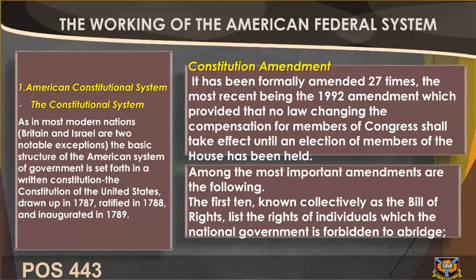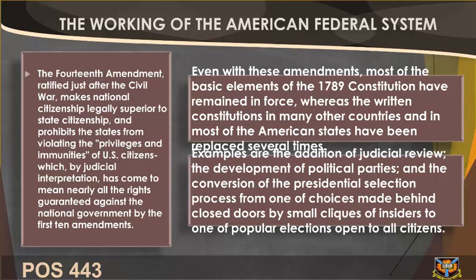The 14th Amendment, ratified just after the Civil War, makes national citizenship legally superior to state citizenship and prohibits the states from violating the privileges and immunities of U.S. citizens, which by judicial interpretation has come to mean nearly all the rights guaranteed against the national government by the first 10 amendments. Even with these amendments, most of the basic elements of the 1789 Constitution have remained in force,